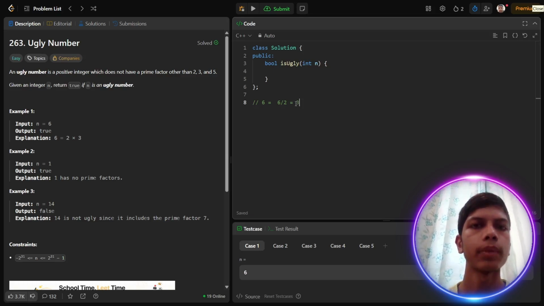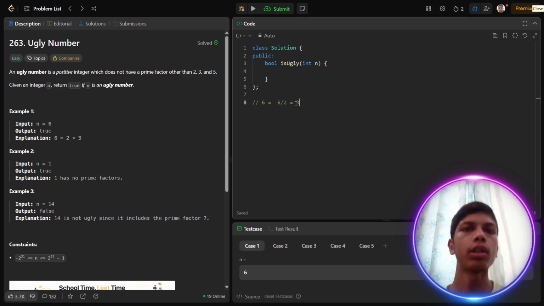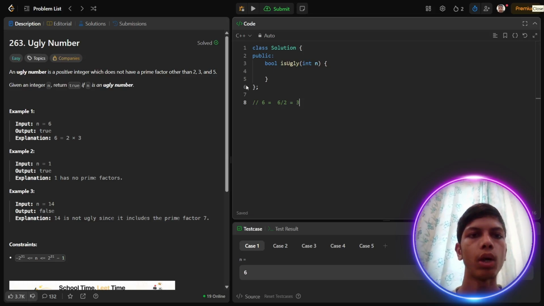Now it is not divisible by 2 anymore, so I will divide it by 3 continuously. Divided by 3, the result is 1. Now if the result is 1, it means that it's an ugly number.